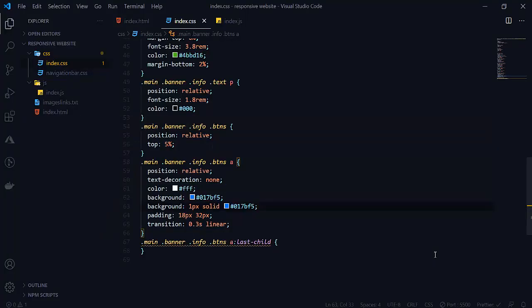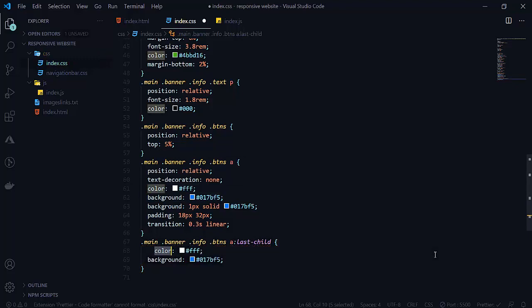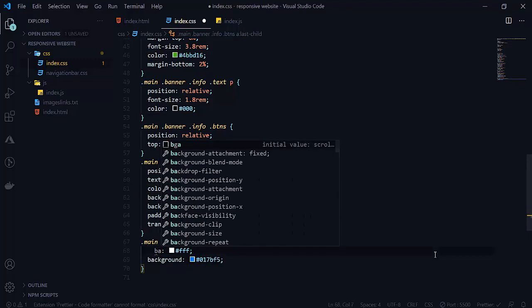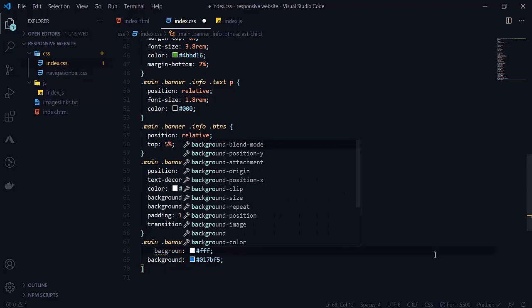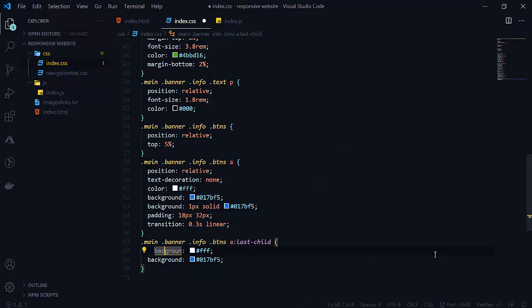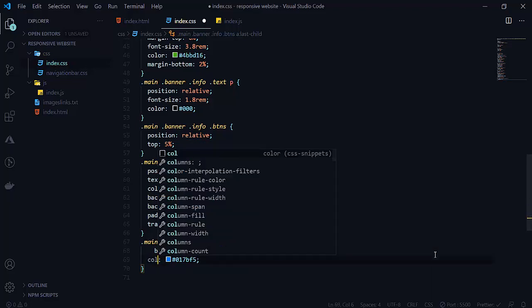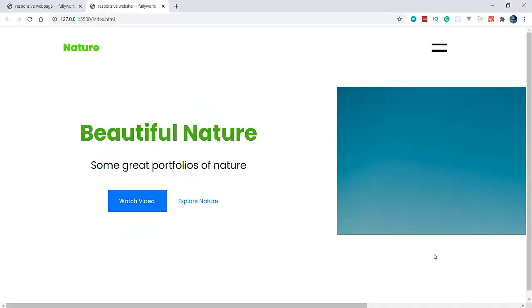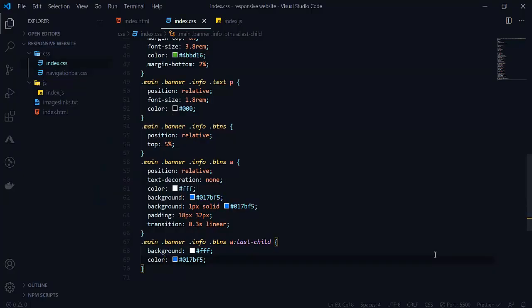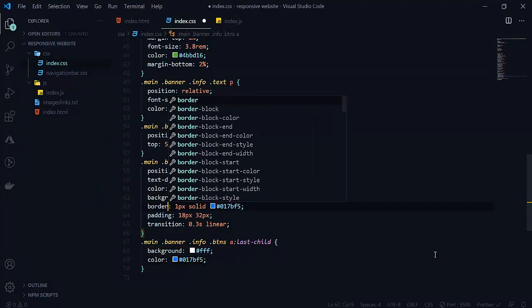So for the last child we want to change color and background here. This will be our background, which will be white here, and this color is like this. So here is our border here.